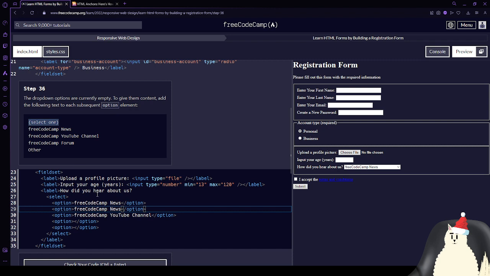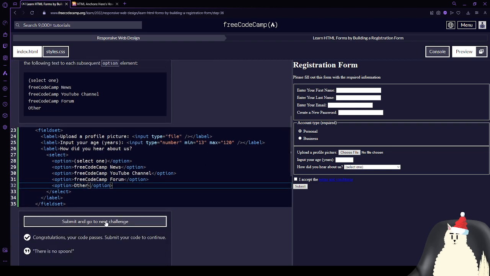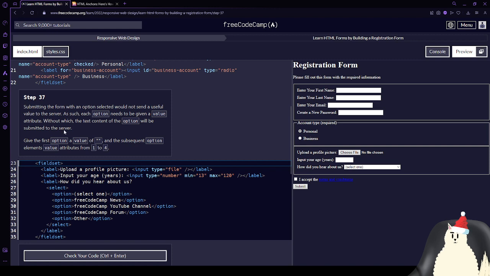Select one is supposed to be one of the options. There we go. A form with the option selected would not send a useful value. Each such option needs a value attribute. Value of